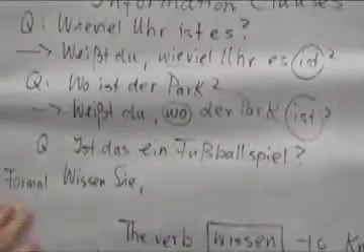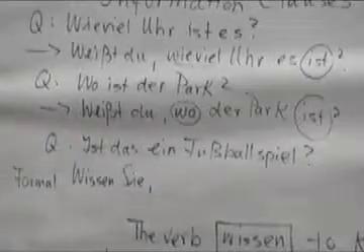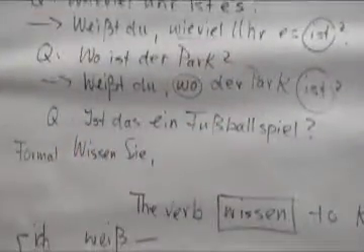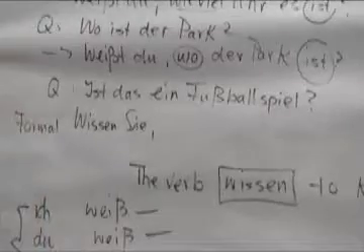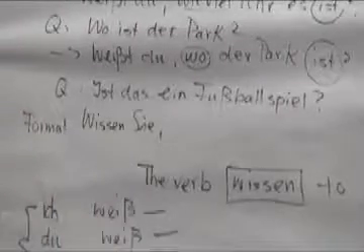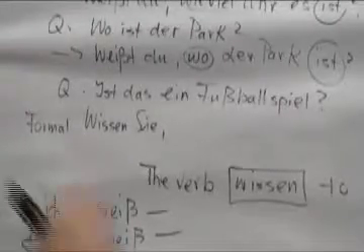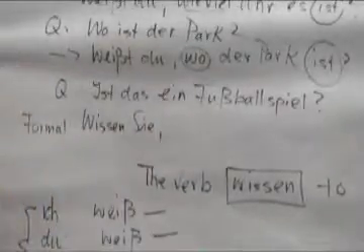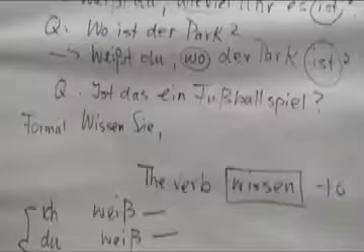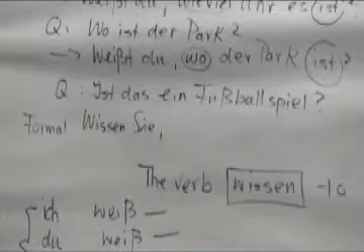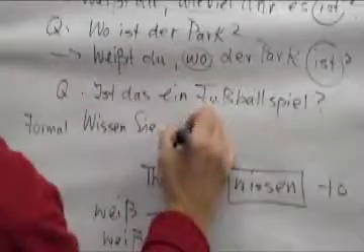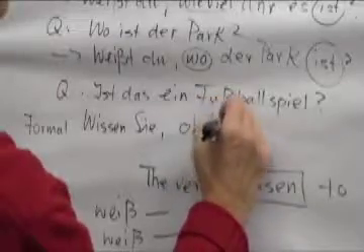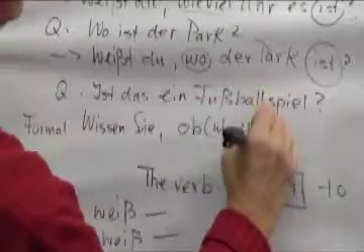Now let's see, when we address an adult, we wouldn't use the du form, we would use the polite form. Ist das ein Fußballspiel? We would say, do you know whether this is a soccer game? Wissen Sie, we cannot just say wissen Sie, ist das ein Fußballspiel? Here we have to add another subordinating conjunction. Wissen Sie, ob, and ob means whether. Wissen Sie, ob